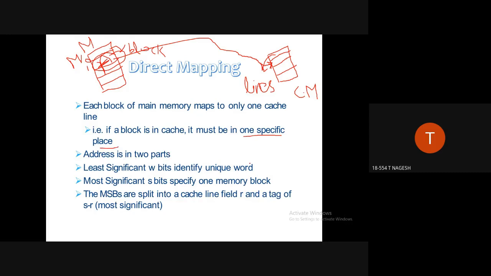Address is in two parts. So in this direct mapping technique, the main memory address will be divided into two parts, whereas the cache memory address will be divided into around three parts. So why are we dividing like that? What is the use of dividing the cache memory address in such a way? We'll see in the coming example. Okay, so these are the bits of information regarding that addressing method. I'll discuss this in the example.